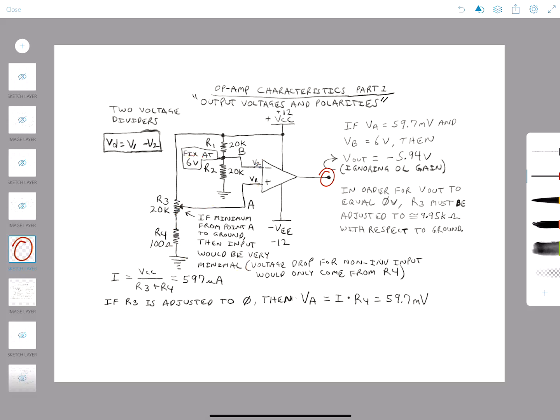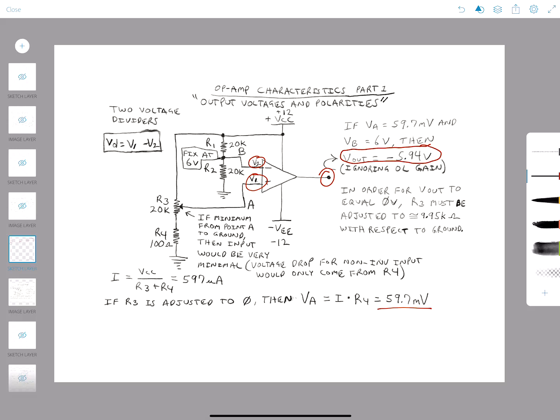Okay, so now that we have this value here at this point, non-inverting, all we have to do to figure out what V out is, is find the difference between these two. If we have 6 volts at this point and this 59.97 millivolts at this point, we subtract the difference, and V out is going to come out at this point right here at a negative